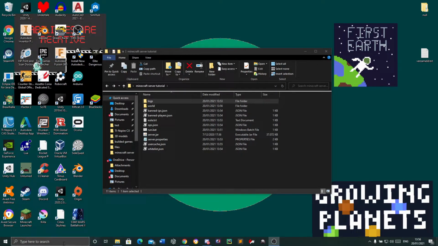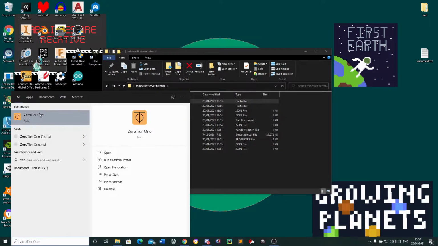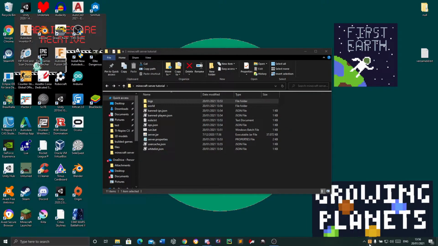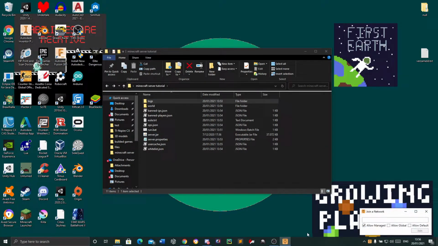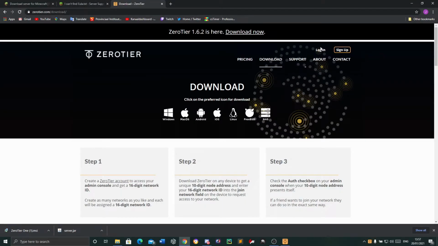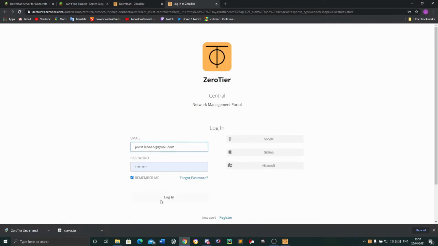once you have ZeroTier installed, you're going to open it. So ZeroTier One, you open it, and you'll have to here join a new network. Now, what do you have to give in this? Well, if you have an account, you can log in,